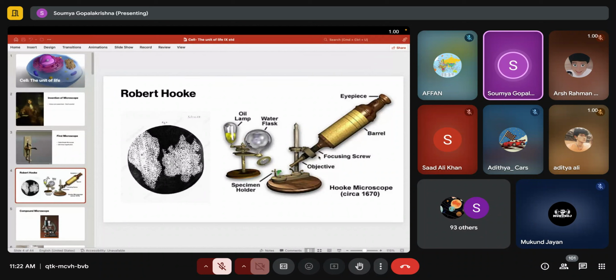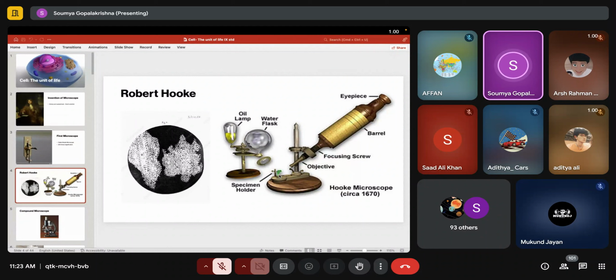So when you use two lenses, the magnification is doubled. In the previous one, if it was 200 times magnification, one lens here magnifies it 200 times. Another lens magnifies it another 200 times. So 400 times magnification. Then there was a stand here to keep the object. Okay. And since there were two lenses, there was a double magnification.